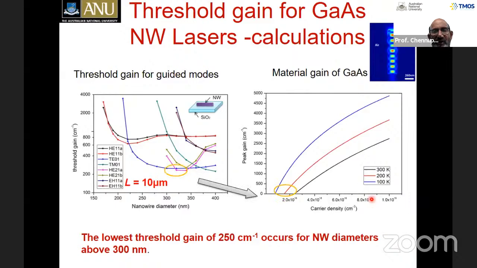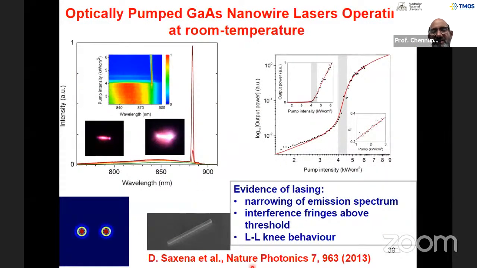Again, to cut the long story short, based on Drew's simulations, Dr. Jenny Jiang, who is at Cambridge University now, grew these structures, transferred them onto a glass slide, and then made similar measurements. You can see that if you excite with a laser pulse and look at the light emission, initially you see a very broad emission like photoluminescence, like spontaneous emission. If you keep on pumping, you get into amplified spontaneous emission, and finally you end up getting lasing. You can see very sharp light emission, and also pinning of the spontaneous emission